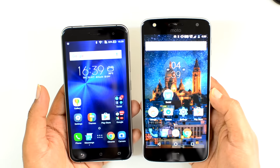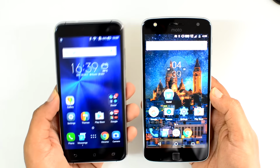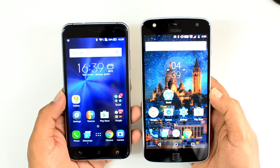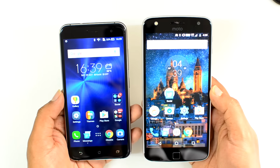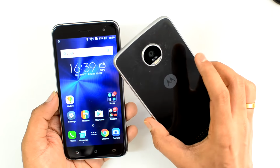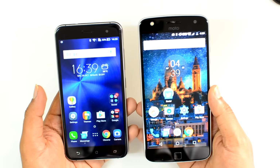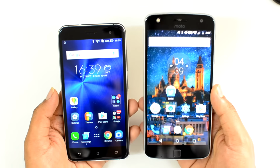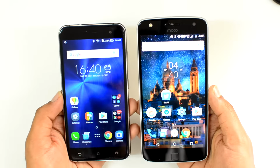Now finally talking about the battery. So we have the ASUS Zenfone 3 5.2 inch variant with a 2650 mAh battery. That's quite a low capacity battery, while we have a 3510 mAh battery on the Moto Z Play. So the battery performance is stellar on the Moto Z Play and can get you through almost 1.5 days of usage with moderate usage. On the other hand, you can easily get through 1 day of usage on the ASUS